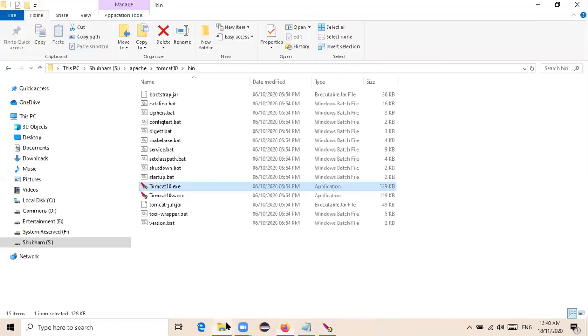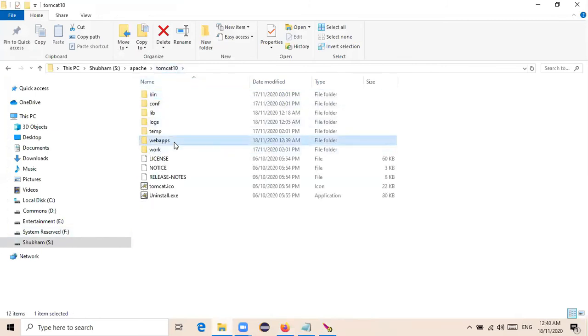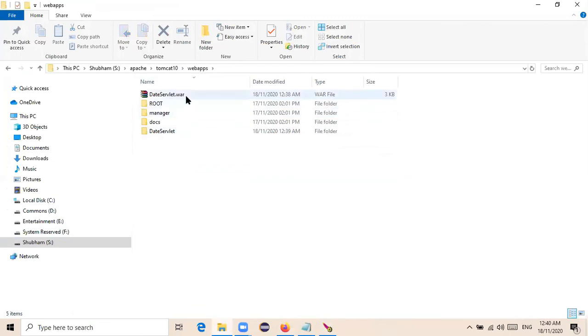Let me show you one more thing here. Whenever you deploy your WAR file in Tomcat server in the hard deployment way, this WAR file will be extracted whenever your Tomcat server is started. Here you can see that the file is extracted with its default directory structure. This is what happens when you perform the deployment through a WAR file.